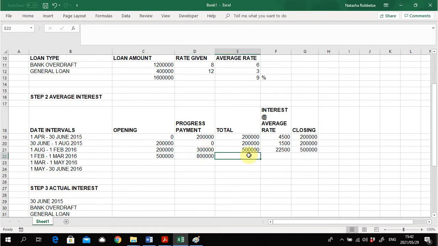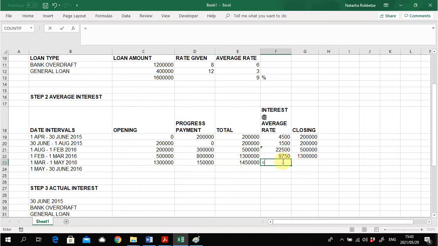If my mathematics isn't too poor, there should be 1.3 million. And I'm going to take the 1.3 million times 9% times the interval months. So this is February. March, we're not going to count because it's the 1st of March, so it's 1 out of 12. 1.3 million, the closing balance is the opening balance. Then, is there a progress payment on the 1st of March? There is 150,000 Rand progress payment, which should give us